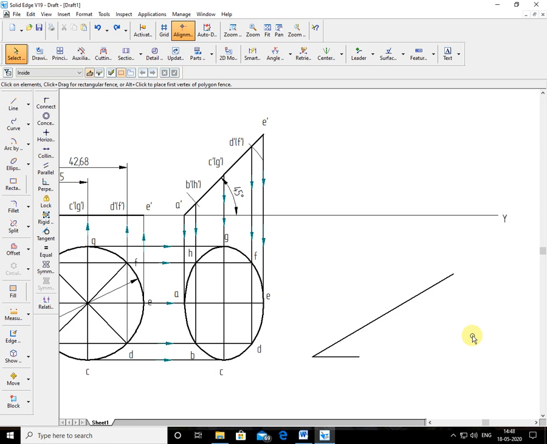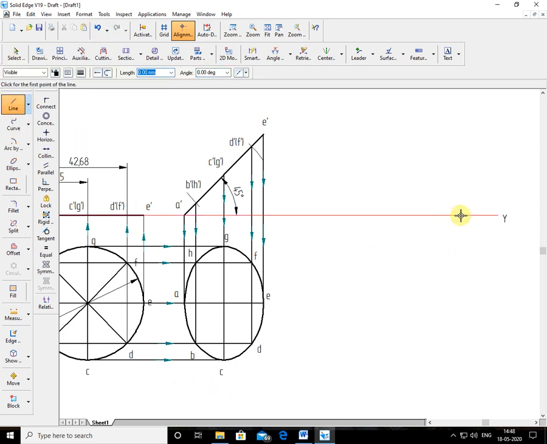Now I'll take this way. I'll draw a 30-degree line in this way. Okay, a 30-degree line here. Correct? If I draw a 30-degree line here, what happens? If I draw the circle here, it may touch the XY lines here. If I draw this ellipse here, that's why I am drawing a parallel line, a small line here, and drawing the 30-degree line here.